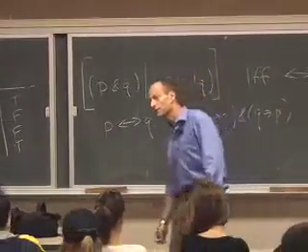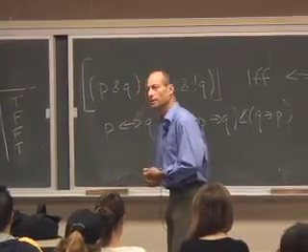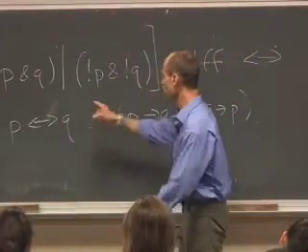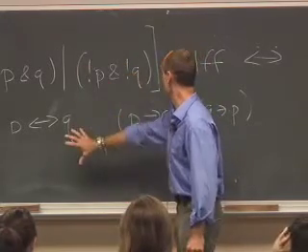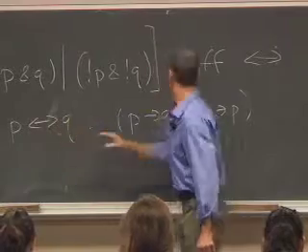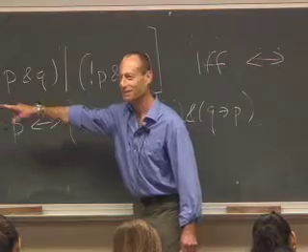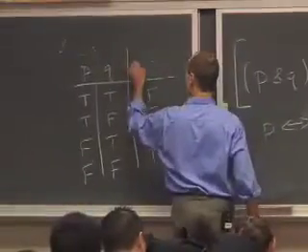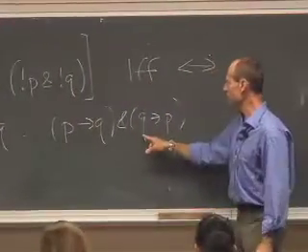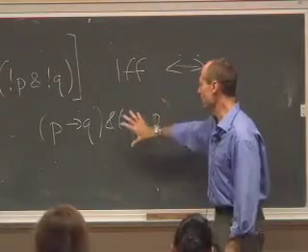So, that definition, would that mean if P implies Q and then Q implies P as well? Yeah. So this is saying that these are all logically equivalent things. This truth table, if you like, is a definition of if and only if, the double arrow. It is defined to be that. P if and only if Q, and this, if P then Q and if Q then P, has the same truth table.